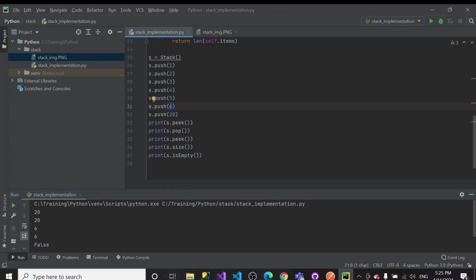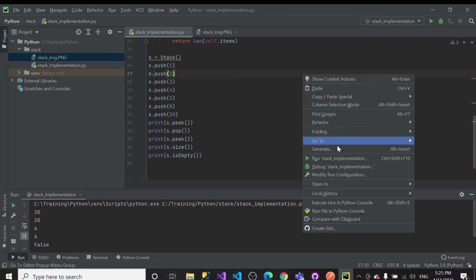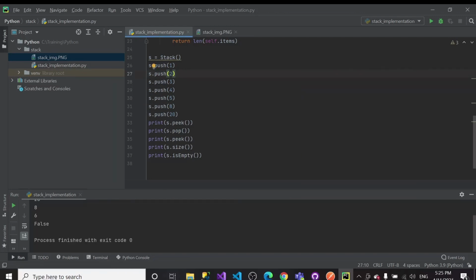Let's change this so that we are not getting confused about what we are doing. If we run that, we can see the peek at the moment is 8 and the size of the stack is 6, and this stack is still not empty. So this is the point about the